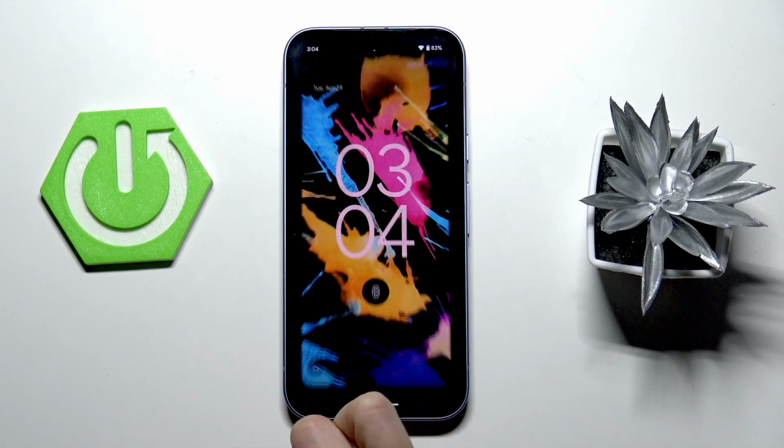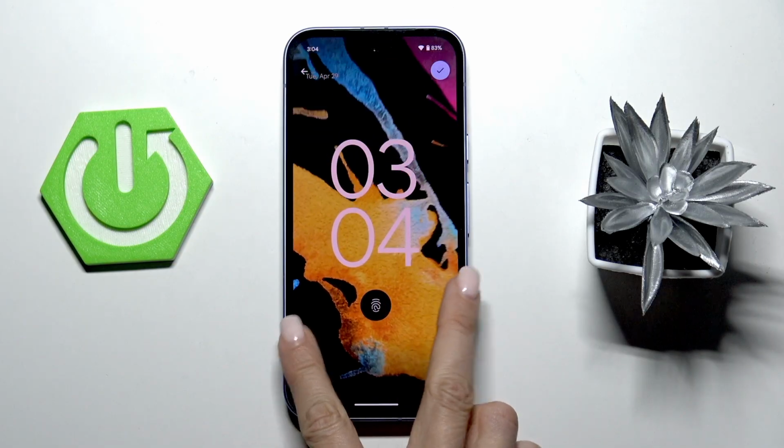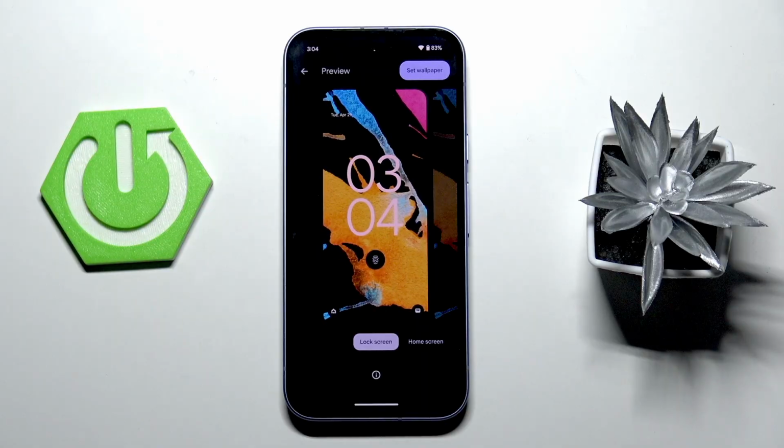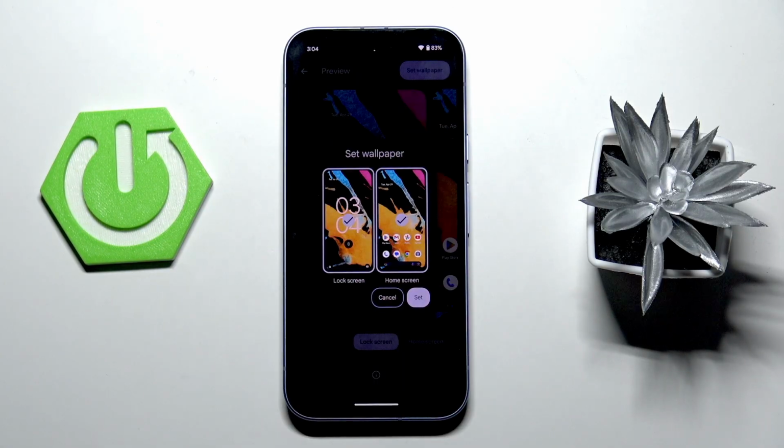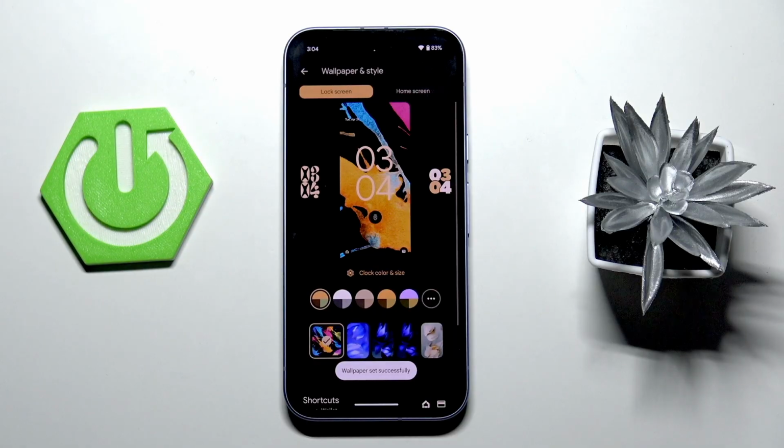And if you like it, as you can see, you can also adjust it however you like. Then tap on confirmation mark and now mark set wallpaper. Finally decide if it's for both home and lock screen, then mark just set and wait till it's done. So as you can see,